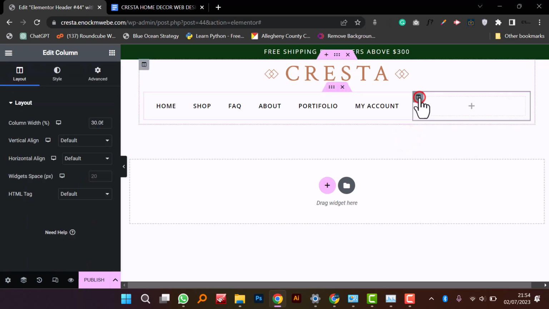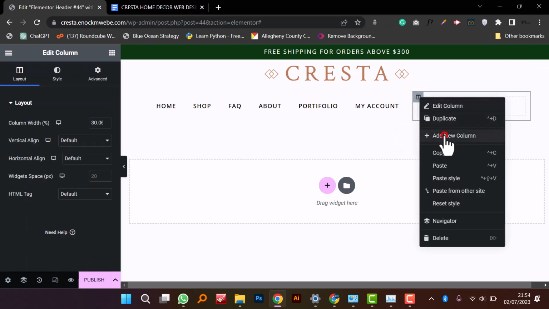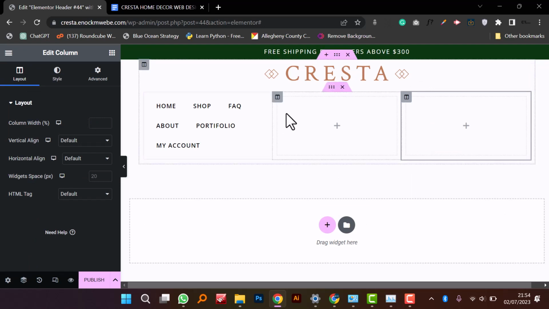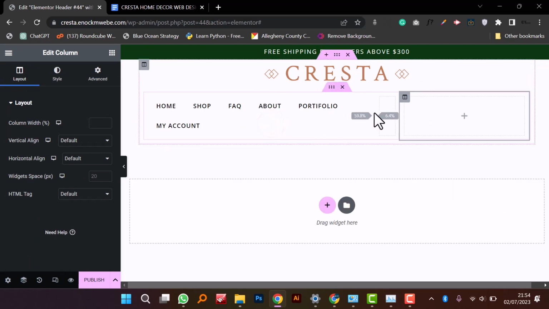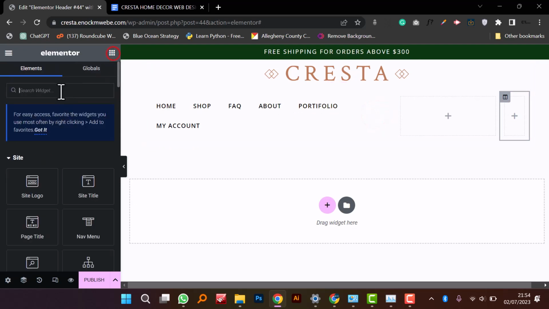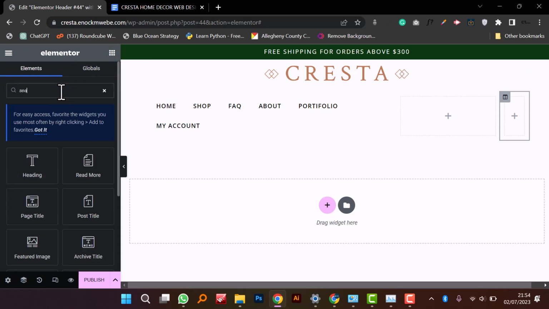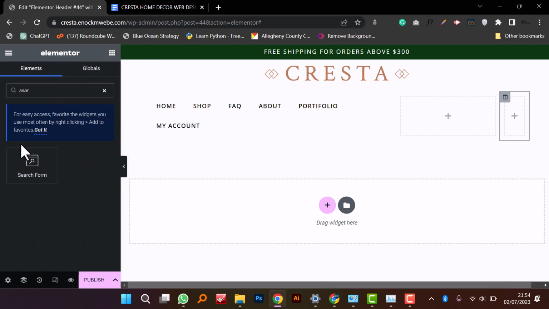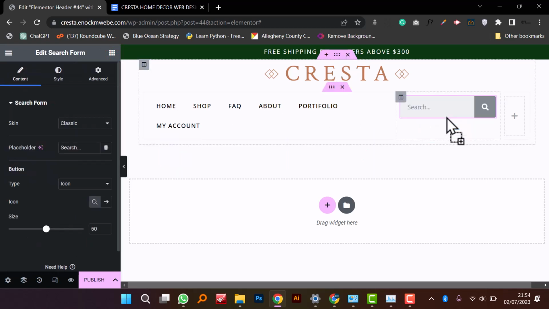a cat icon. So what I'm gonna do is duplicate these so that there'll be two of them, but still I'll find a way of squeezing them in there. So let's first get a search form. Okay, then we shall place it right here. Then one thing that I can actually do,